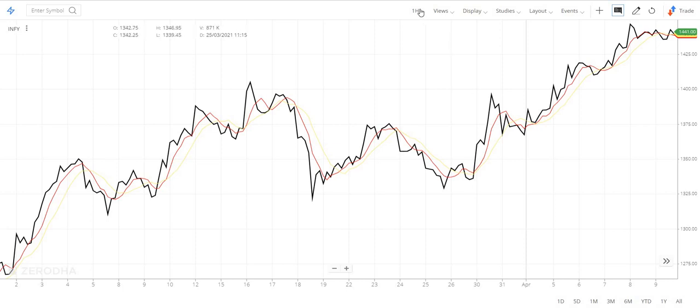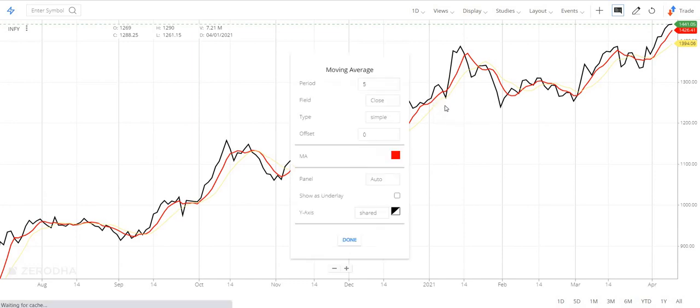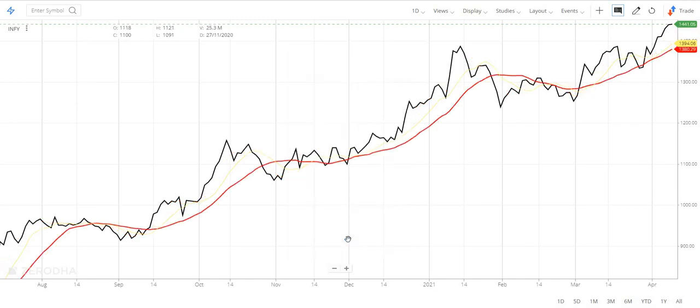Okay, let's try to open the chart. This is the daily time frame. Now we are on the daily time frame, and what we are going to do is change the settings. So this is going to be our 20. First one is 20 now, and the second one is going to be our 50.